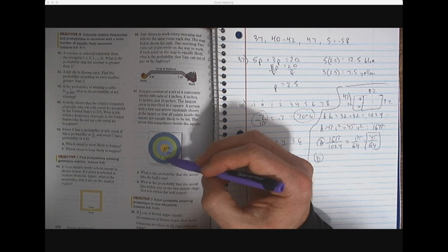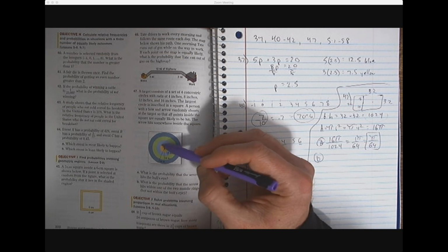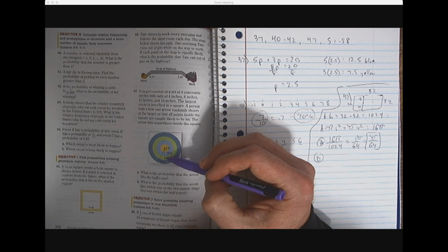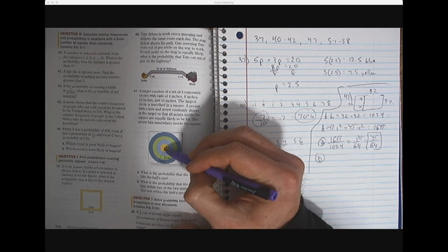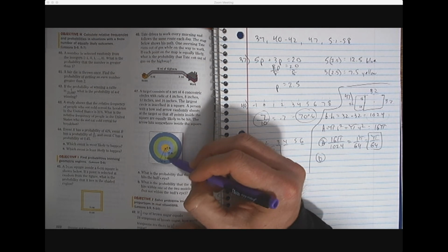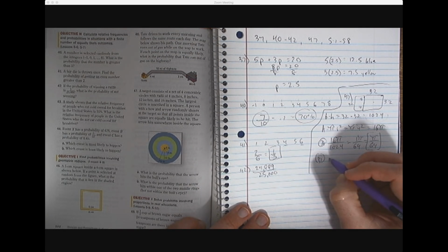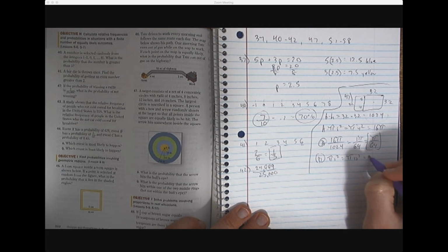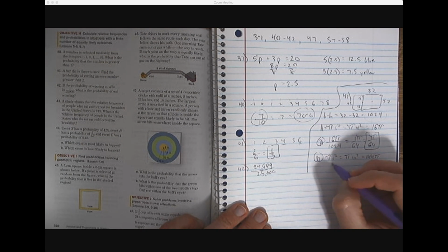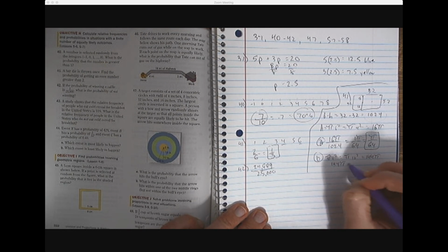Or if we find the area of this medium circle and we cut out the area of this little bullseye in the middle, that'll be these two rings. That's what we need. So first thing we should do is find the area of these two rings, this circle, including everything. So that would be the radius of 12. So it's pi r squared, which is pi times 12 squared, which is 144 pi. 12 squared is 144. And what we're going to do is we're going to go ahead and subtract the bullseye